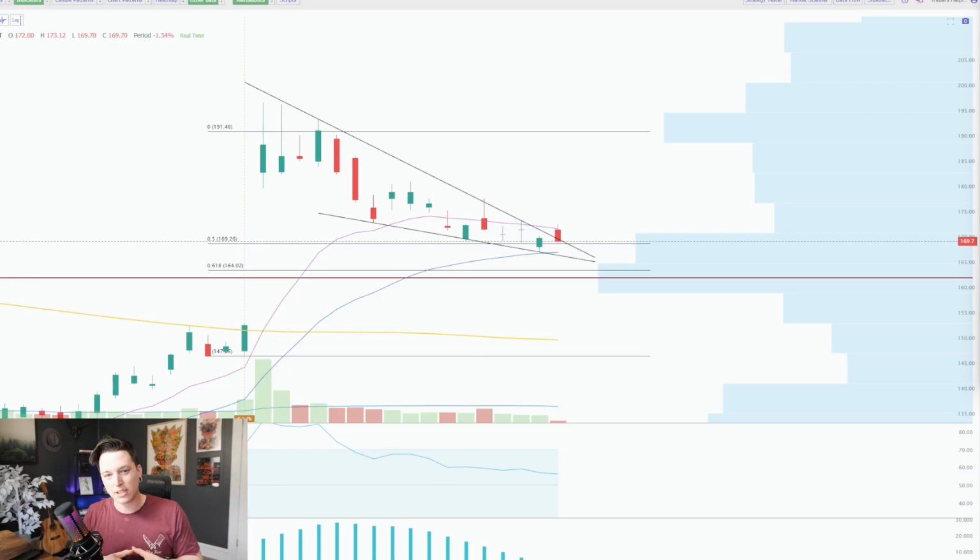Today I'm going to teach you one of my favorite setups when it comes to trading, and it's going to be on Meta. That is the descending wedge with a very solid Fibonacci retracement golden zone support. We're going to talk about why this is such a good level, about the big gap up from earnings and why that is important as well, and exactly how